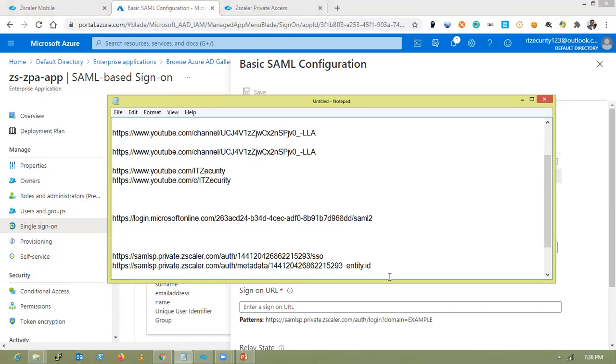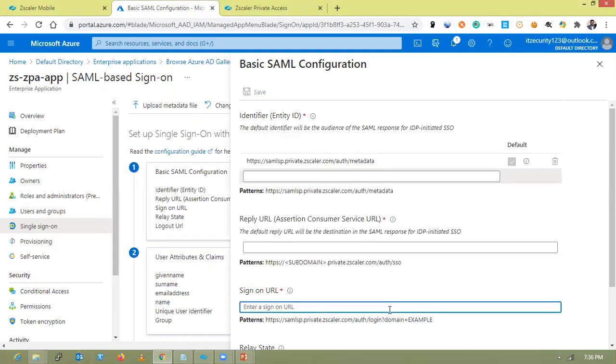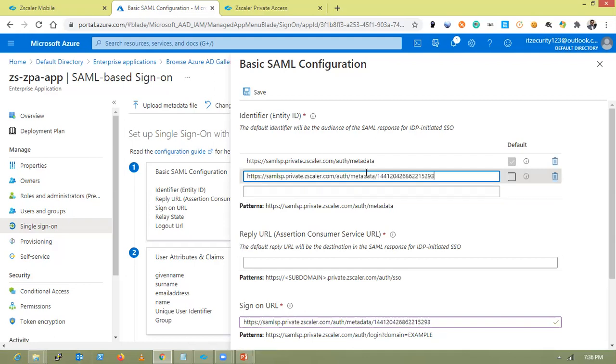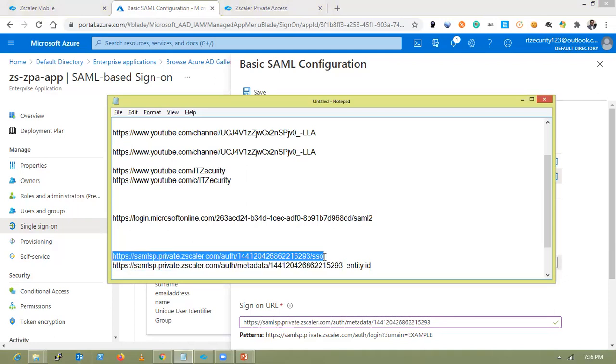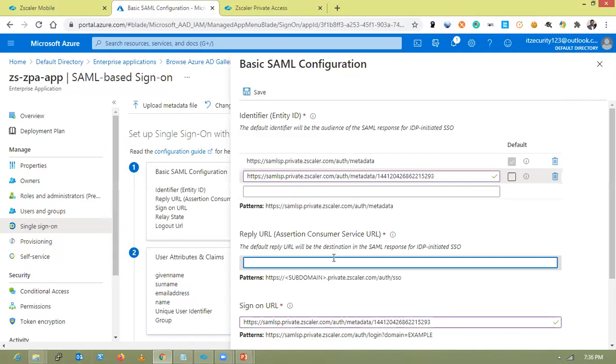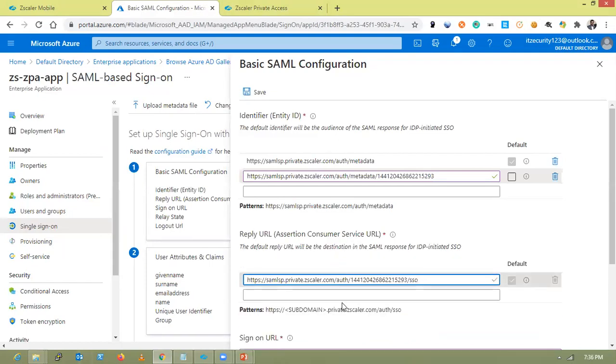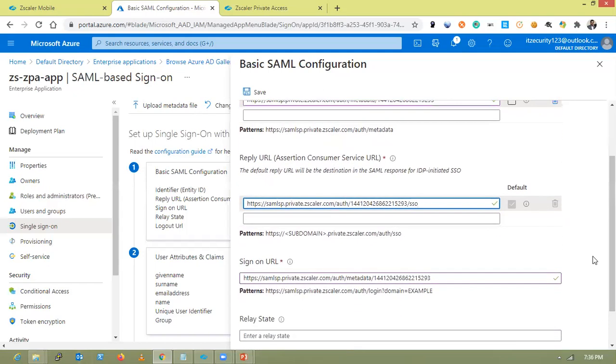Copy this entity ID and paste it here. Paste it here, and the reply URL will be this one. Paste it here, and the sign-on URL is also the same as the reply URL.